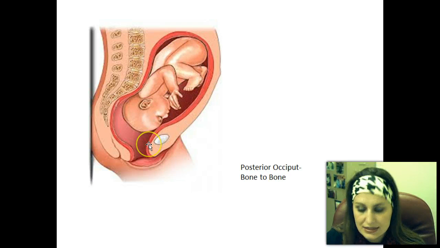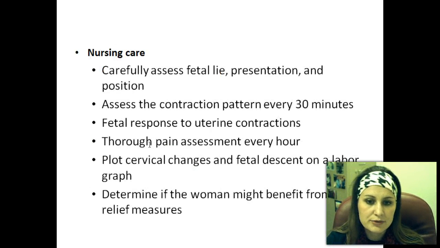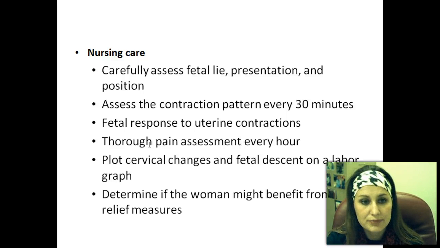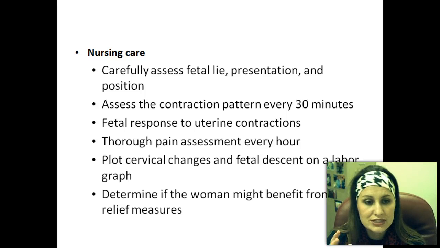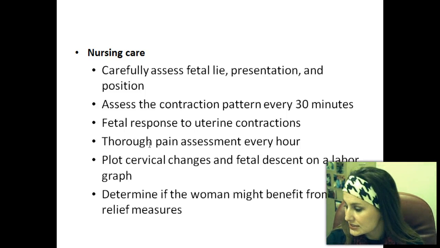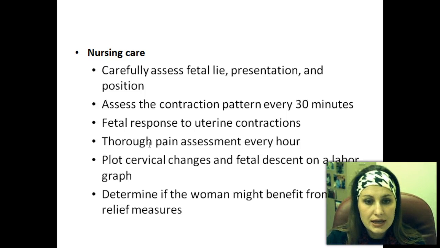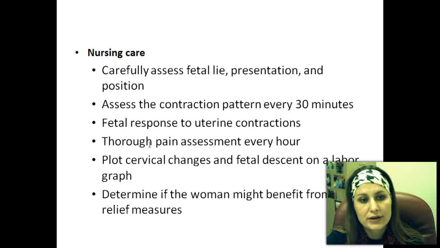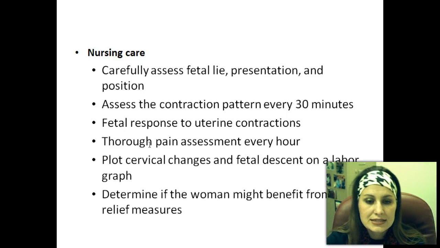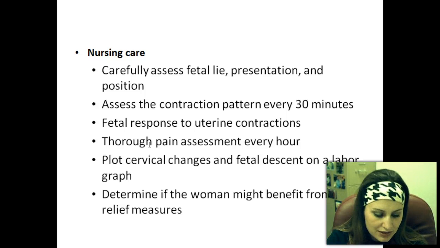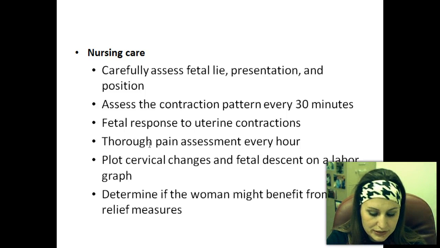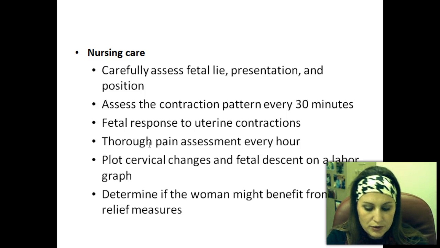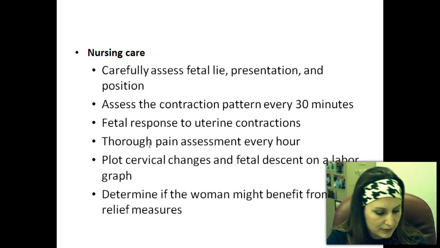Anterior occipital, that's the best way for a baby to come out. Okay, so nursing care, we're going to carefully assess fetal lie, presentation, and position. And the way we do that is through using Leopold's maneuvers, and you can see that in your book. It's just feeling to see where the baby is lying. And sometimes if the baby is not lying in that position that we want, we'll be able to move them. And we'll talk about that in a little bit whenever we talk about